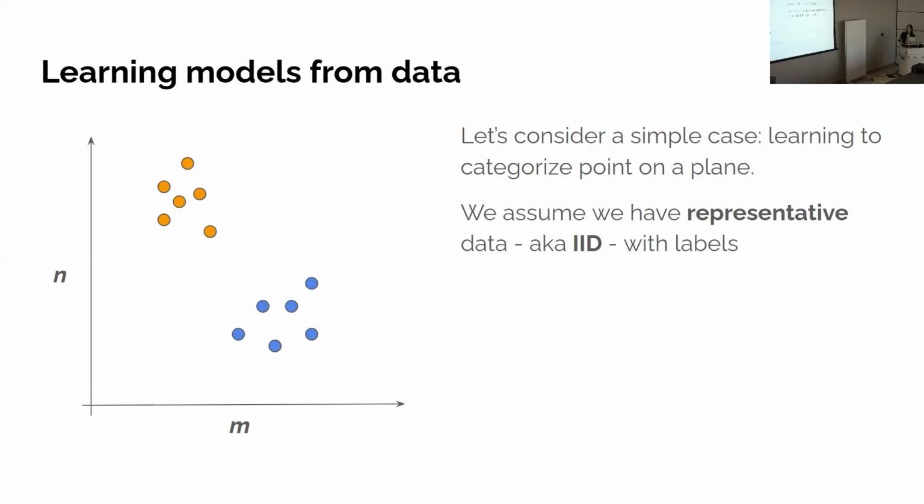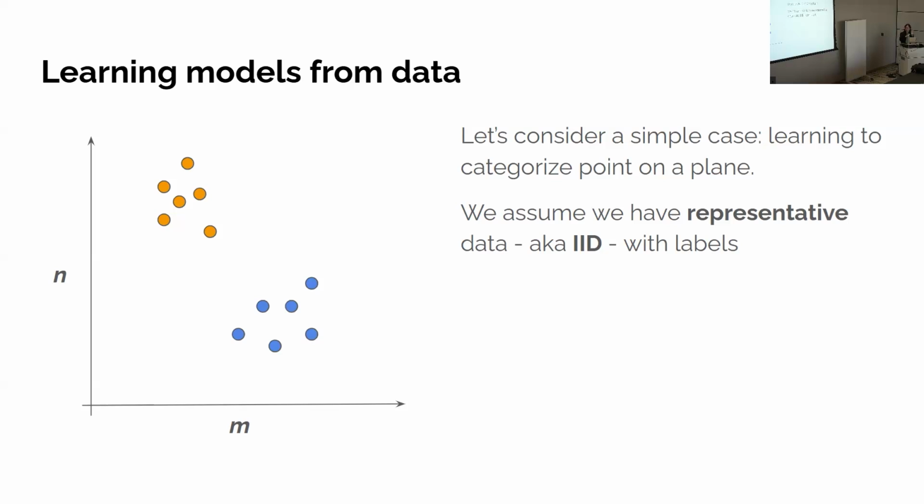And then we also assume that we have representative data, which means it's IID. And from what I have learned, ecologists are also statisticians. So I'm assuming that all of you are more than familiar with what IID means. If you aren't, it means independent and identically distributed. It basically is an assumption that every single data point is independent from each other and they're all drawn from